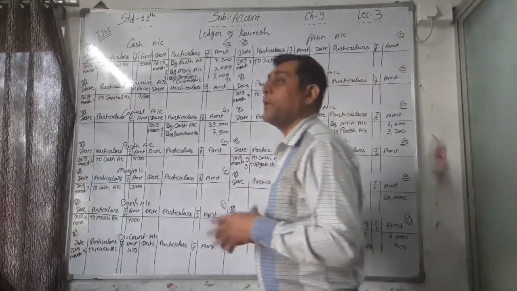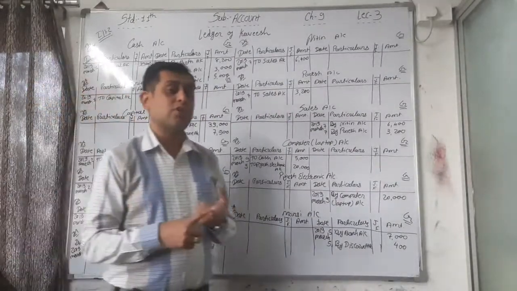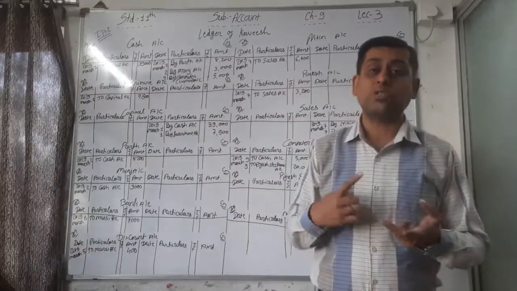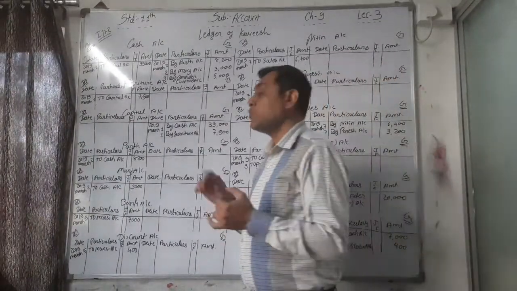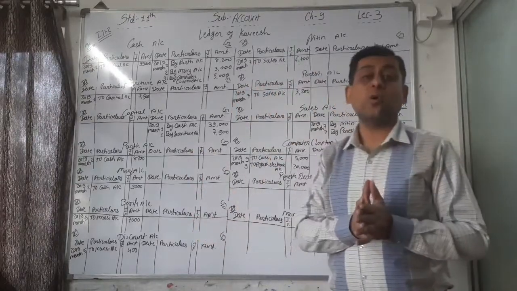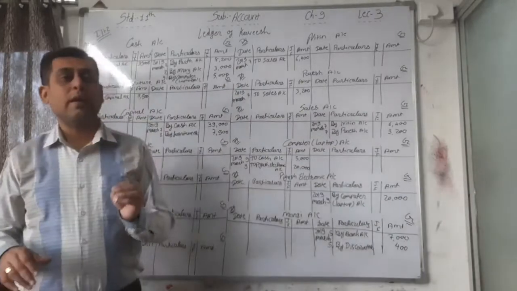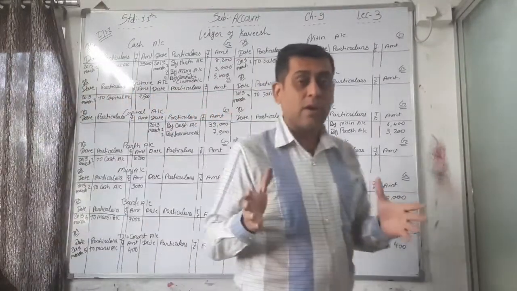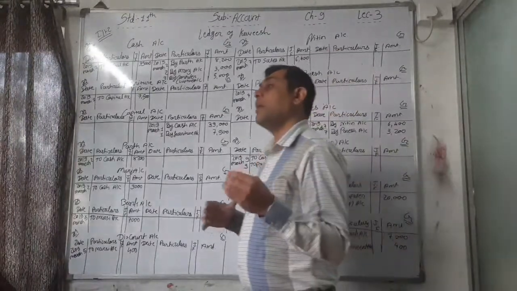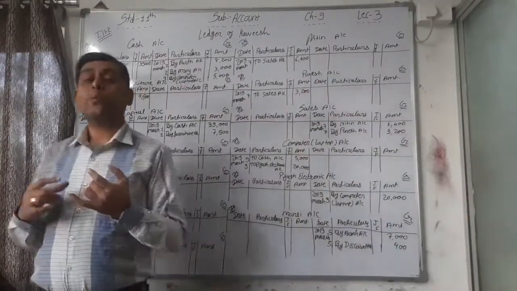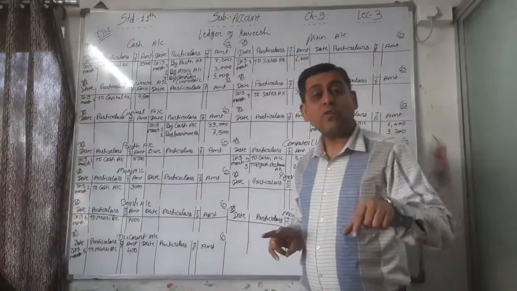Now the third topic is posting from the subsidiary books. Subsidiary books, that is purchase book, sales book, purchase return book, sales return book, any of the subsidiary books we have to record. See, journal entries and subsidiary books are the options. If you are a small trader, then you have to prepare journal entries. But if you are a very big wholesaler or very big seller, then you have to prepare all the subsidiary books, and that is optional. From that we have to make a posting.